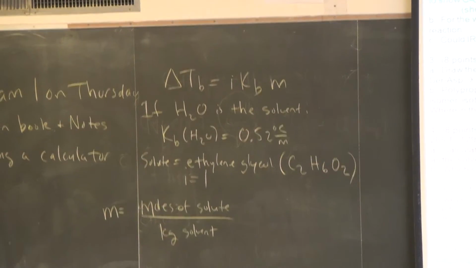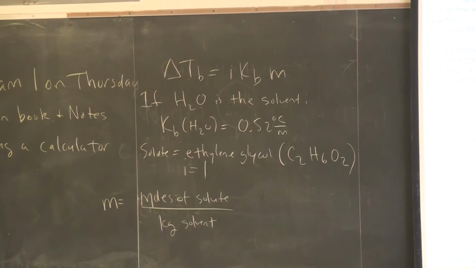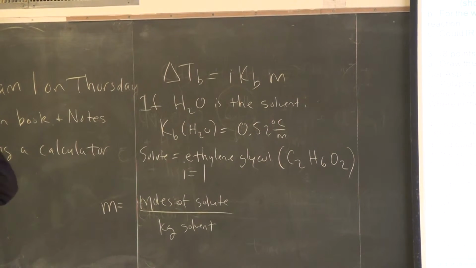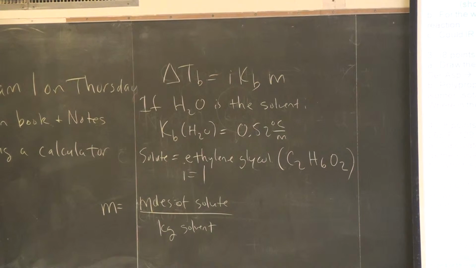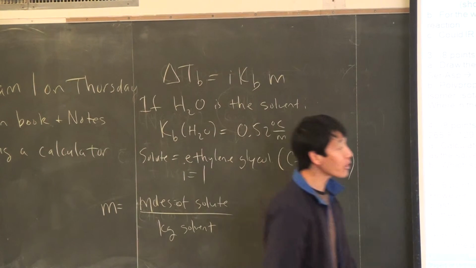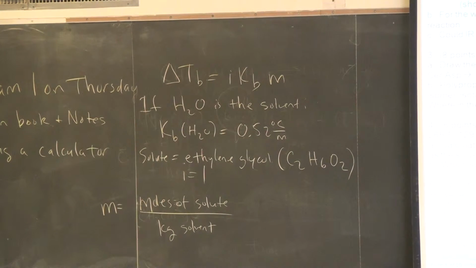Because we're given it's a 50-50 ethylene glycol water mixture. Is it 50-50 by mass or by volume? Assume one or the other. Yeah, for this calculation it doesn't matter, it's usually one or the other. So if you want to say it's 50-50 by mass, that means you could say that